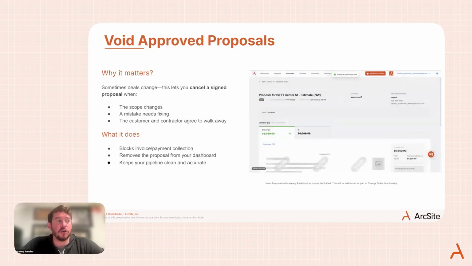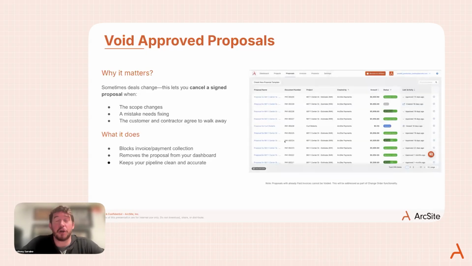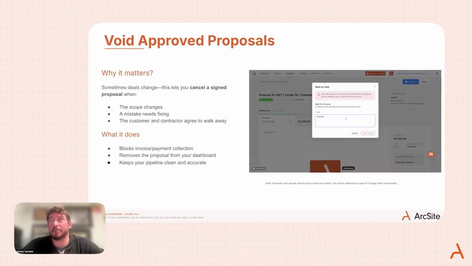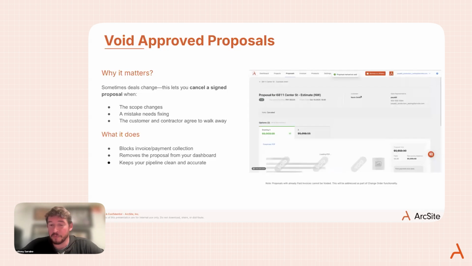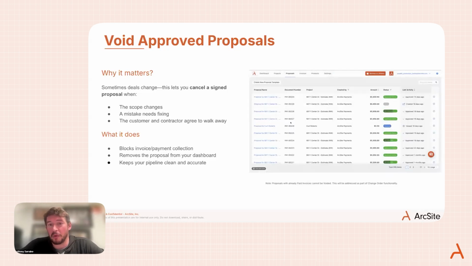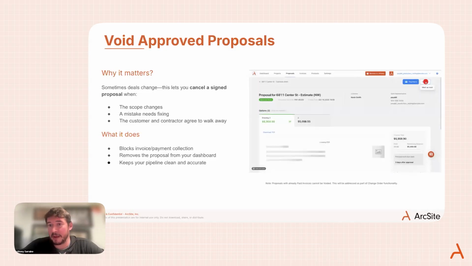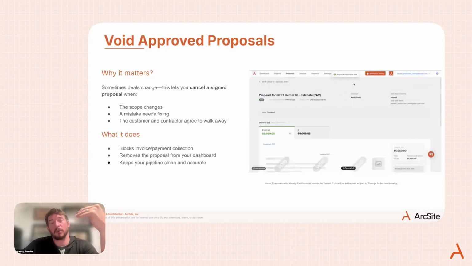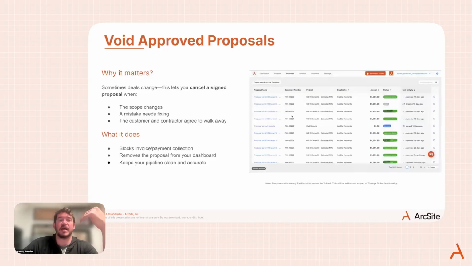So say you run into an issue with a change order, or you've run into an issue where the client decided they didn't want to move forward for whatever reason, or any type of reason that you might need to void out a proposal. Now there's a new setting inside of that proposal view. So when you click into the proposal, there's going to be in that more section an option to mark as void. You'll enter a couple notes of why you're going to void it, but essentially this allows you to